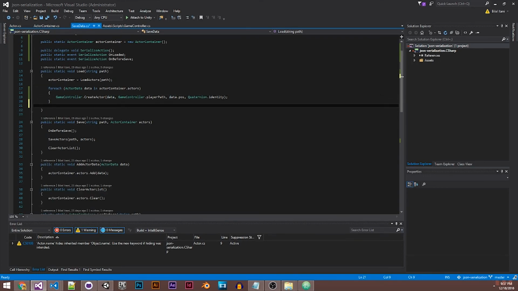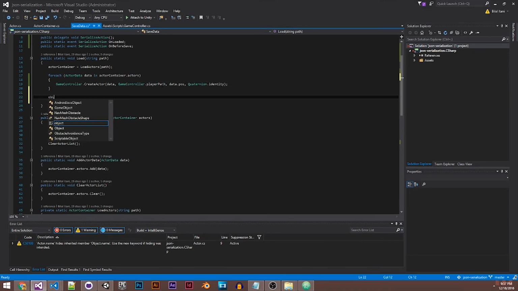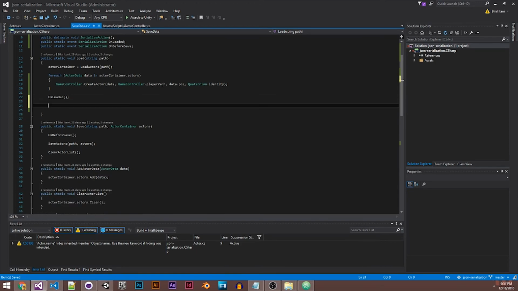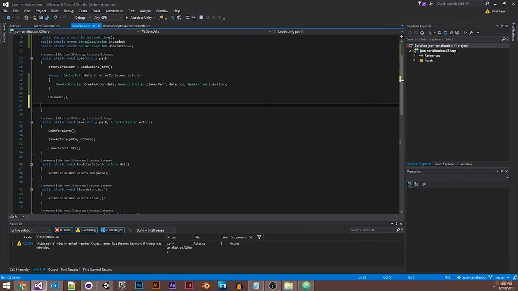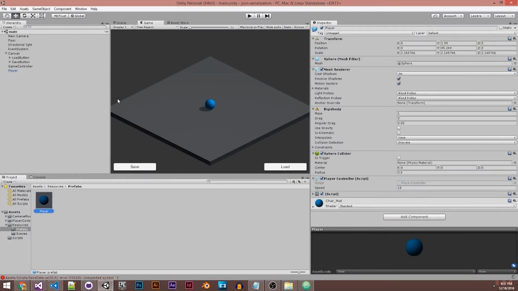excuse me, and go ahead and finish this one up. Okay, so save data. After we do create all of these actors, we can pretty much just call on loaded. That way every actor knows what to do after the game is loaded. And then again, we want to clear that actor list so that it doesn't have any duplicate data in it. Okay, so let's go back into Unity,